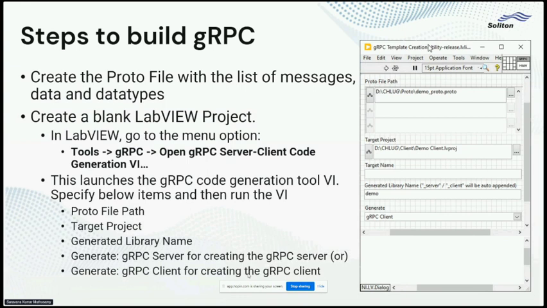Similarly, there are different ways to create the clients and servers in different programming languages as well, right? So now we have the server and client architecture. The software framework can use gRPC to communicate between submodules, and the submodules can be different clients or different servers. The main software framework can talk to all these different applications that are built in different programming languages. So that's the key advantage gRPC is offering us, right?